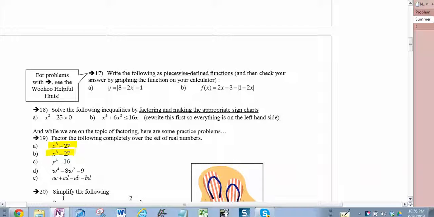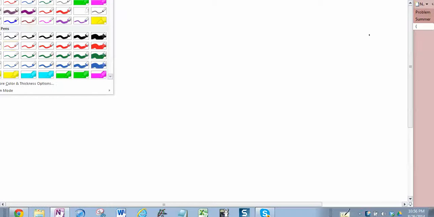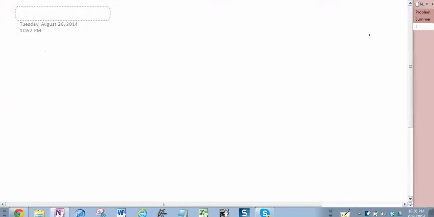And in fact, what you're asked to do in problem A is to factor the sum of two cubes. So we're going to look at that, and we're going to do it a little more generally. Instead of 27, I'm going to write y cubed. So I've got the sum of any two cubes. And in fact, the answer to that, which is something you should know, is